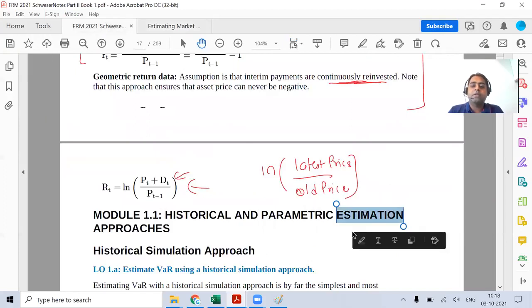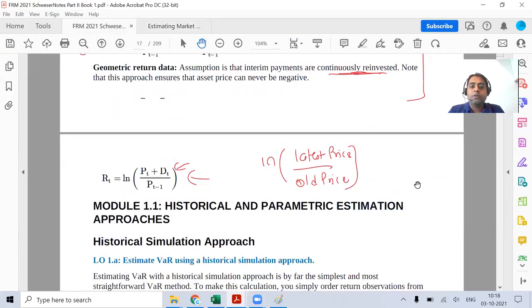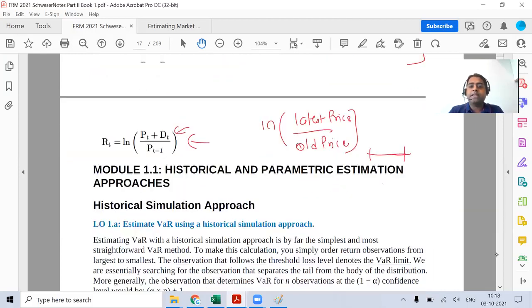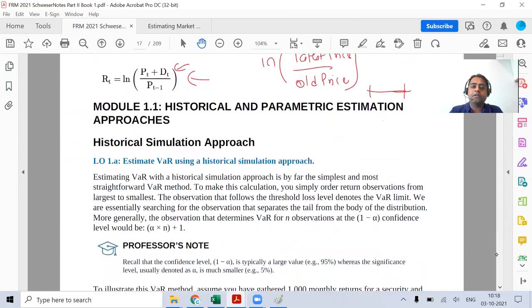Let us start with historical simulation. One more quick confirmation from you: I've just completed till here. Is everybody okay till this point? Give me a quick confirmation on chat. All good? Perfect. Let me take you to the next section. In case I miss anybody's query, do not worry, we'll take it at the end also.